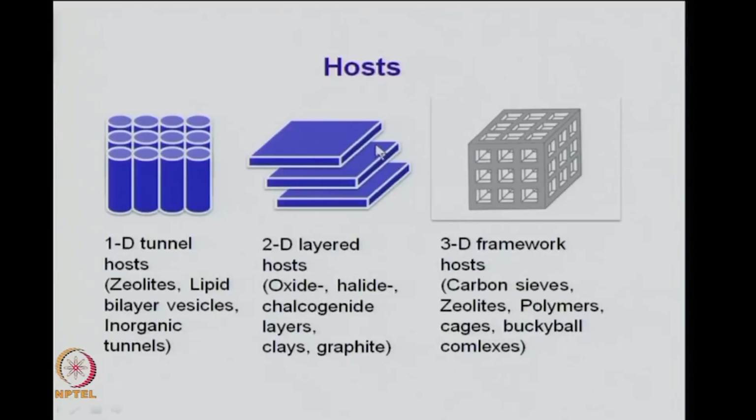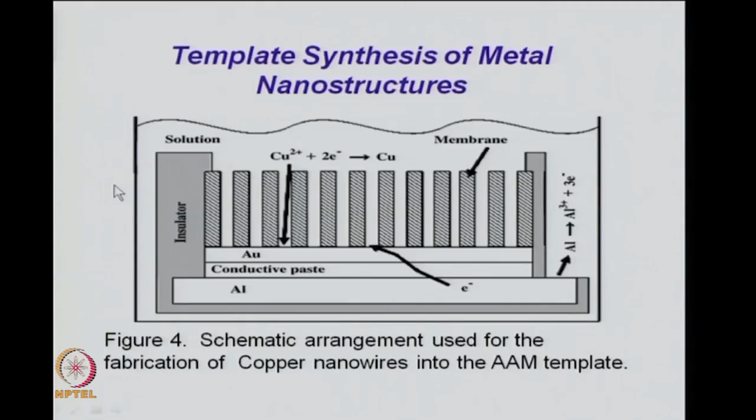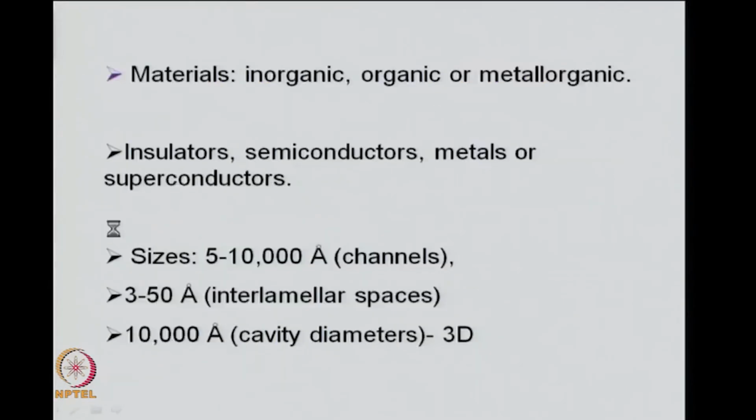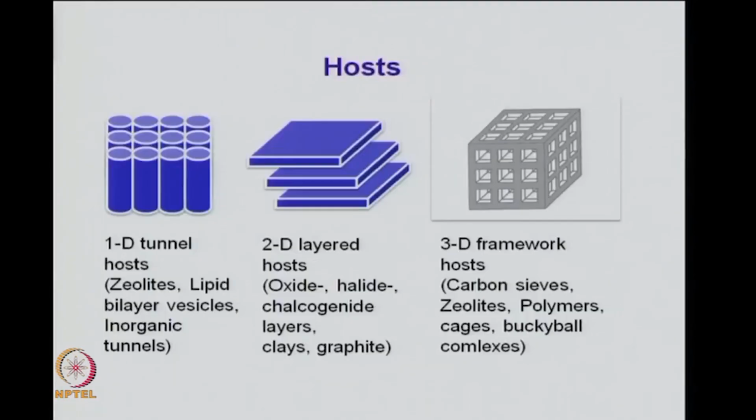In between the layers you can grow your material which you want to grow, and these layered, blue colored layers will then act as a template, and after the reaction you have to remove these templates to regain the material which is in between the layers. So, here you get one dimensional linear structures when you make